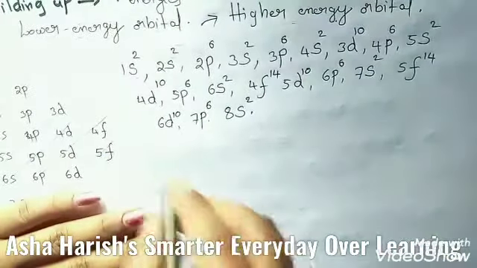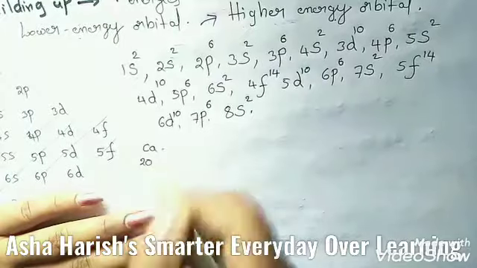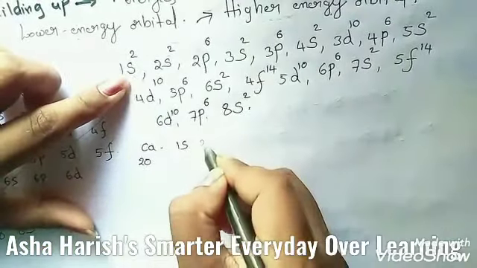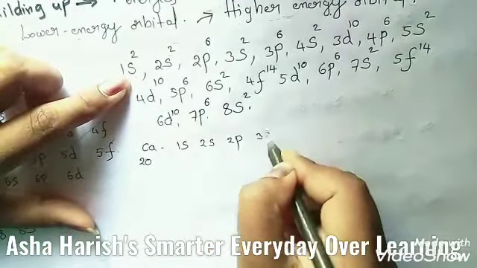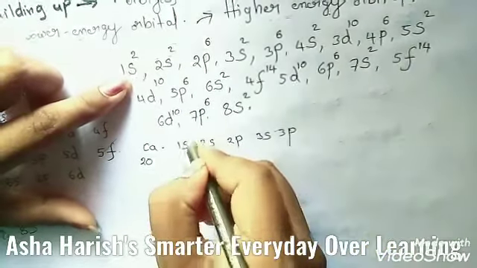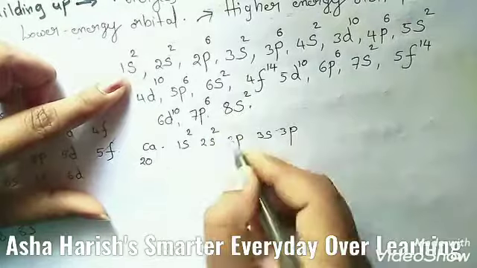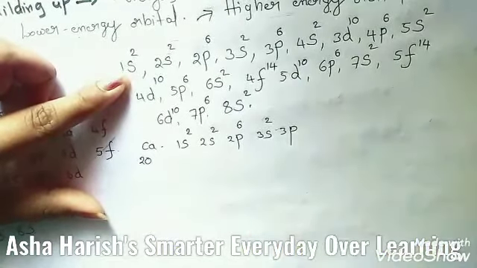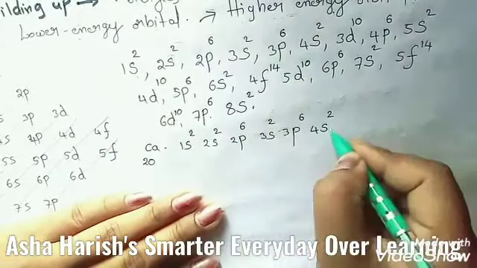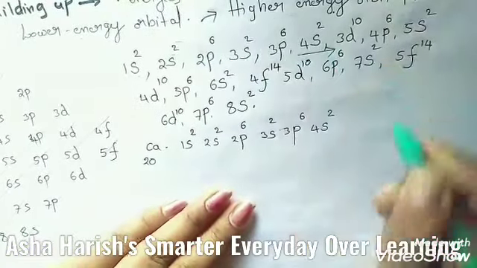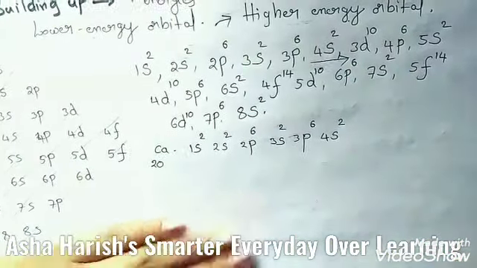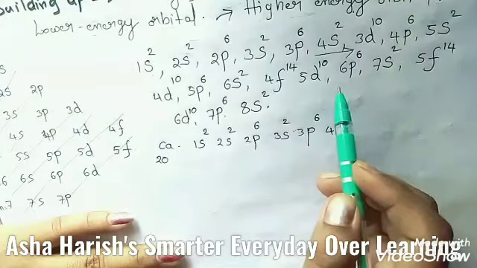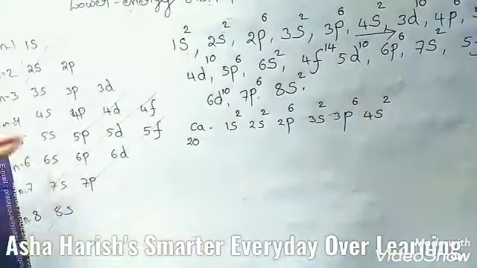And if you take the example of calcium, atomic number 20, and write the electronic configuration for this: first 1s, then 2s, 2p, 3s and 3p. Filling of electrons, you see, 1s2, 2s2, 2p6, 3s2, 3p6 and 4s2. Based upon this increasing order, students, we can draw the electronic configuration for all the atoms like this, and this order may be remembered by using the method given in the following picture, students.